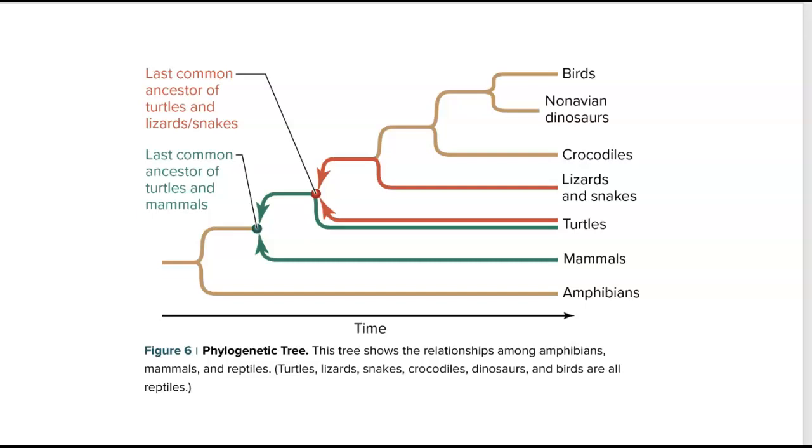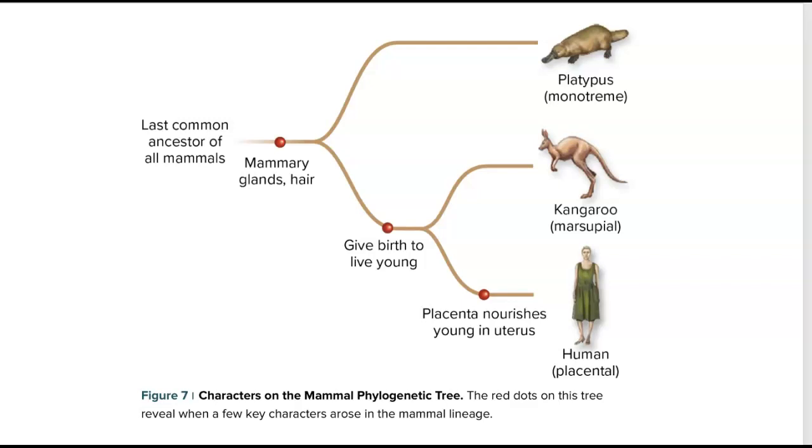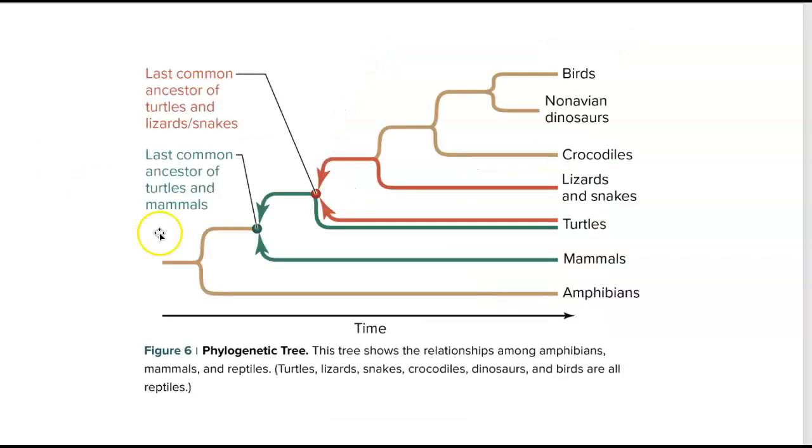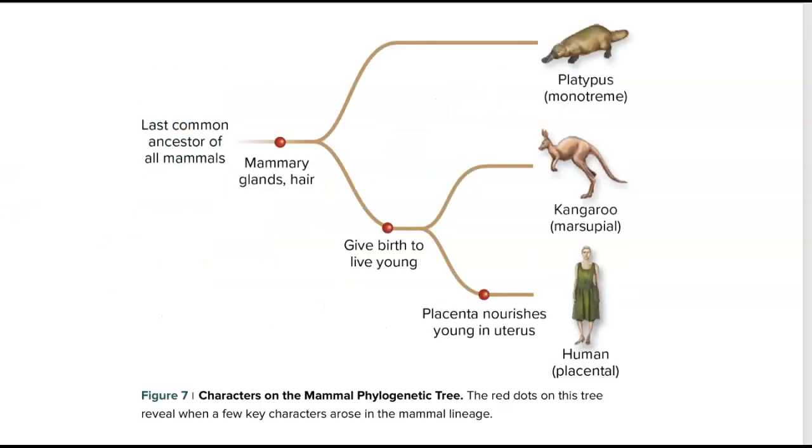All right. Now here's a smaller version. I said back here we talked about mammals. Well, here's a zoomed in version of the mammals. Just a couple mammals on the phylogenetic tree. So last common ancestor of all mammals right here. That ancestor had mammary glands and hair. That's the common trait across all mammals. Let's put the red star there. Okay, so that's what makes you a member of Mammalia, mammary glands and hair.